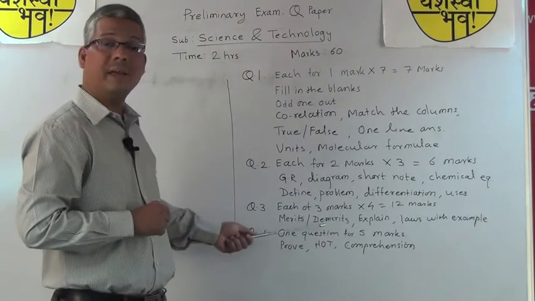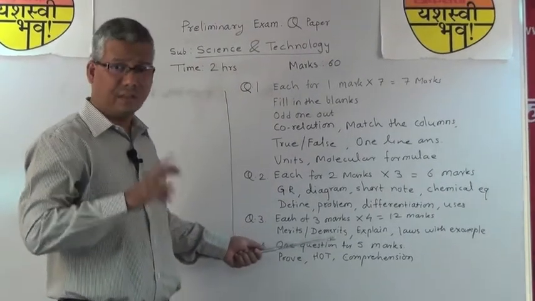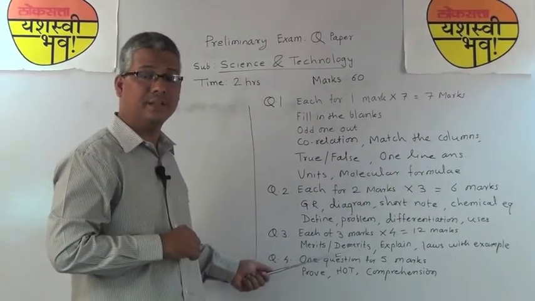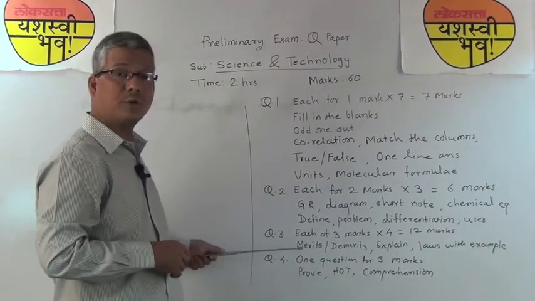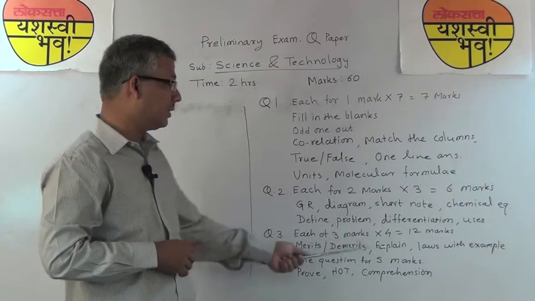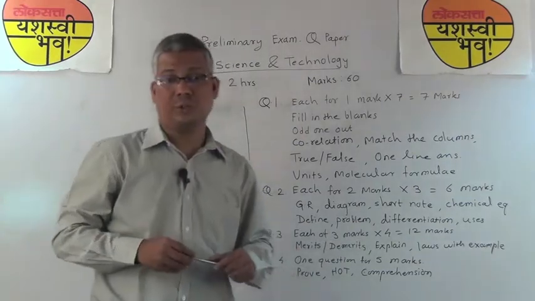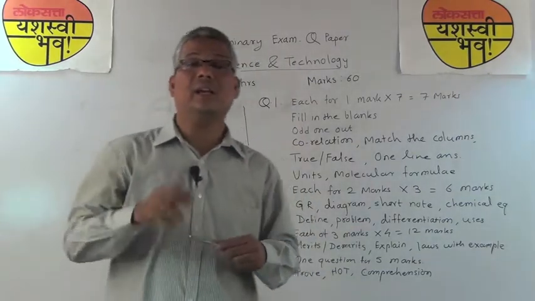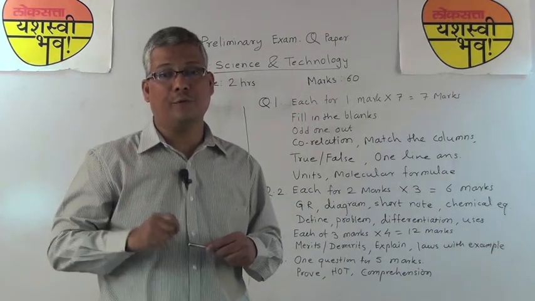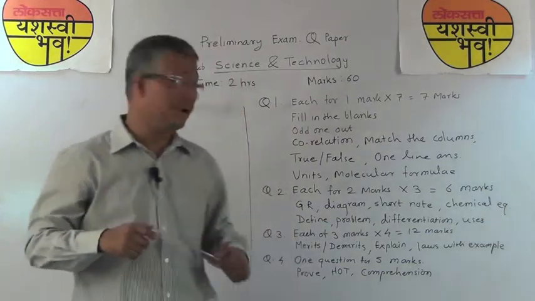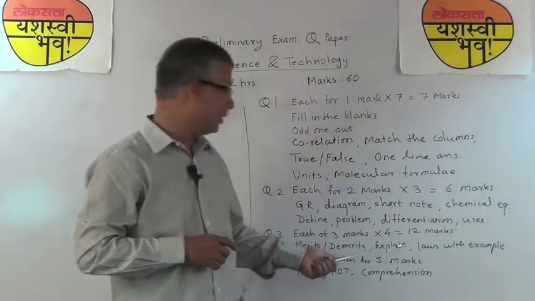While dealing with merits and demerits, if there are 3 merits or demerits, write down the 3. If possible, make 6 points from those merits and demerits. While writing the explanation also, for example, twinkling of the stars, make these answers in point form, then try to write 6 points as an answer.